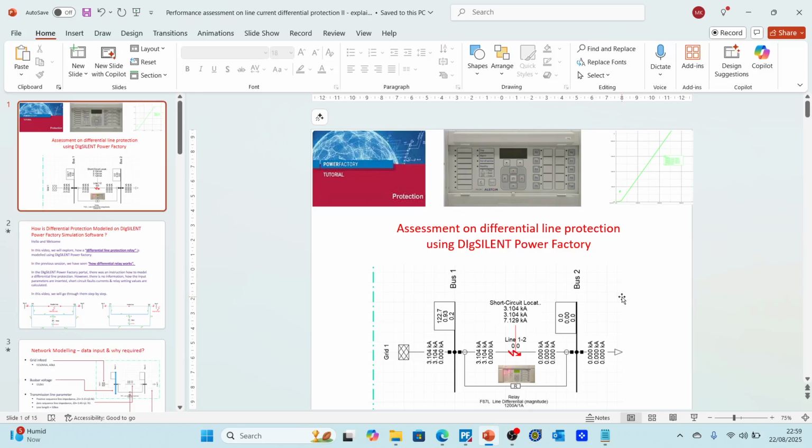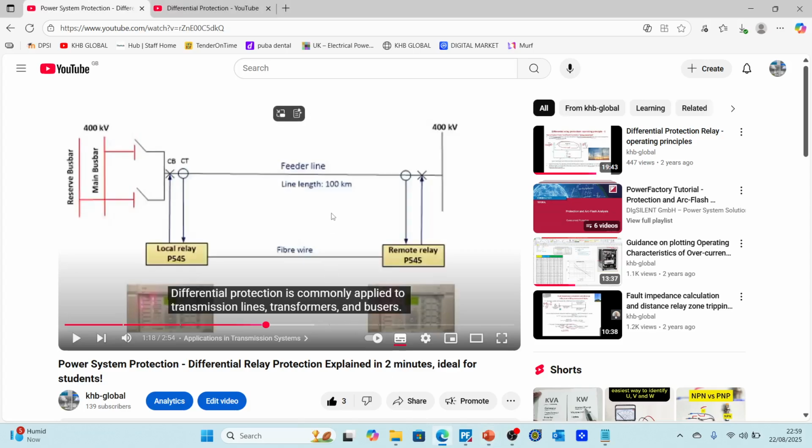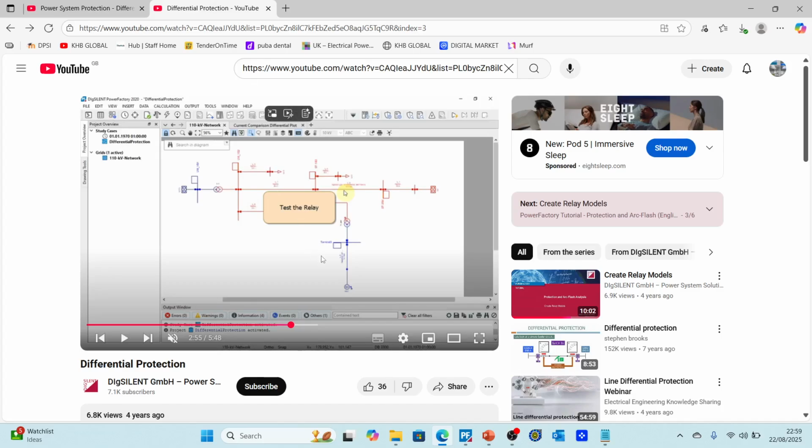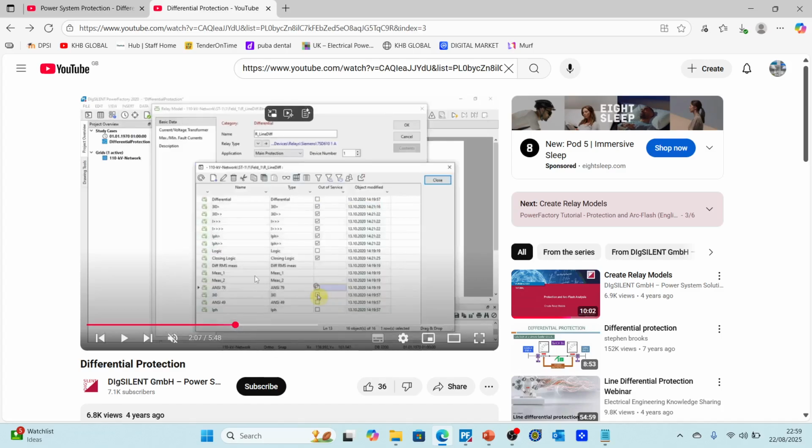Modeled using DIgSILENT PowerFactory. In the previous session, we have seen how differential relay works. In the DIgSILENT PowerFactory portal, there was an instruction on how to model a differential line